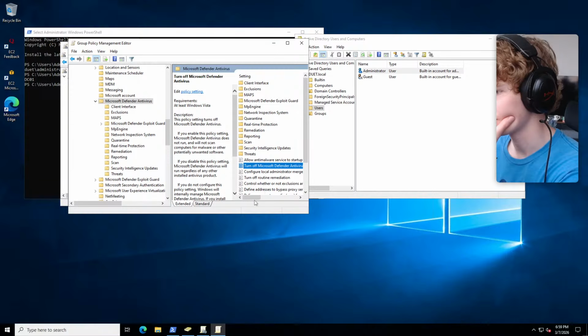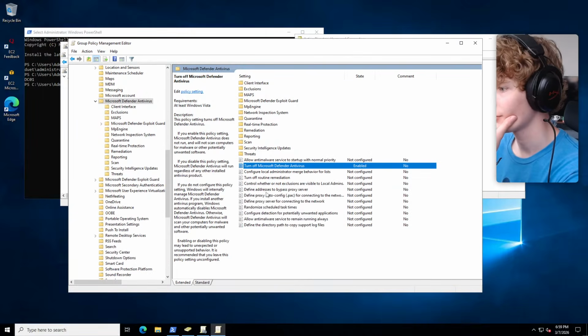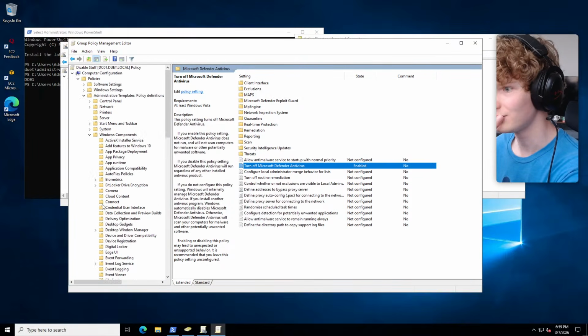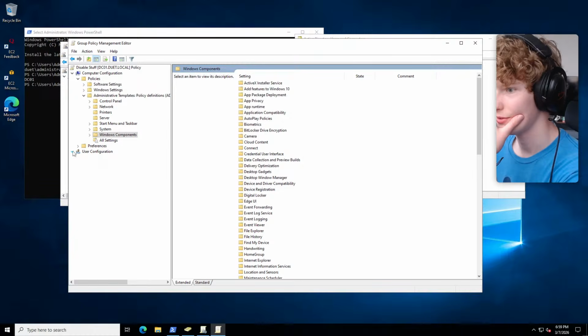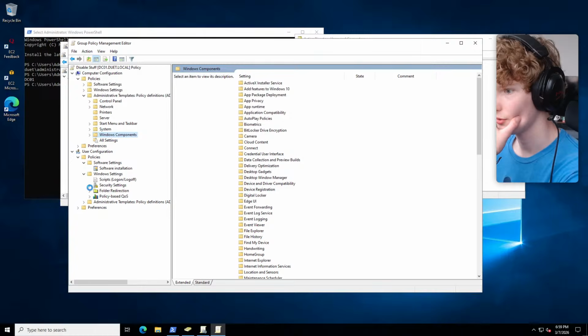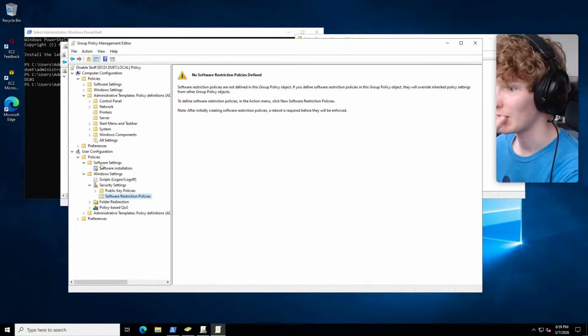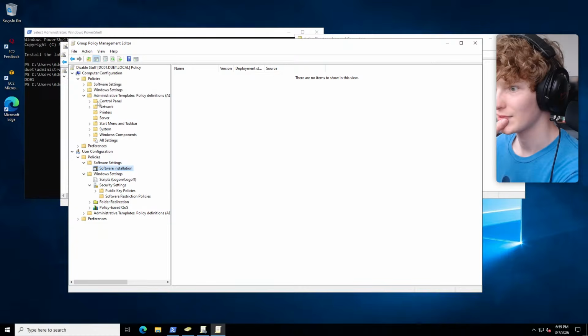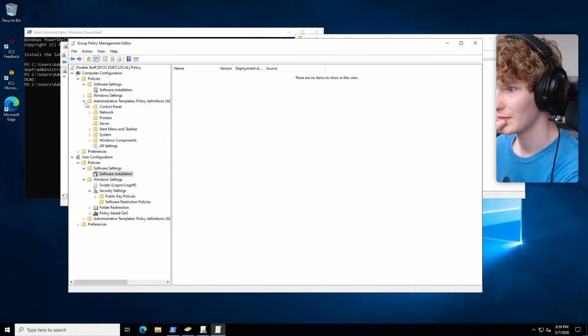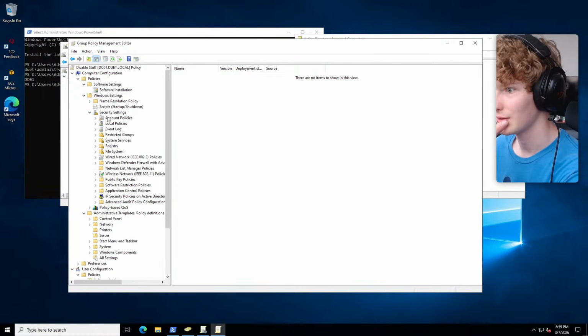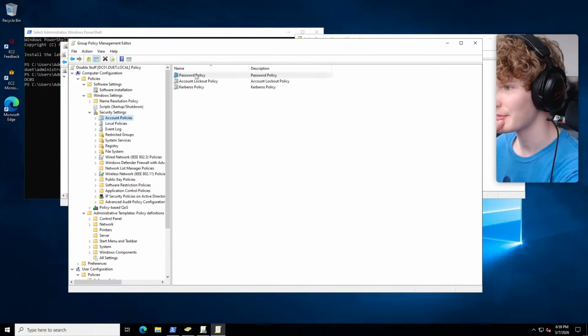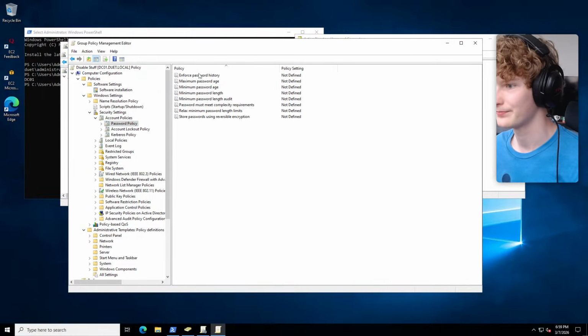Okay, and then we also need to change password complexity. So I don't really know where that is, but let's try to find it here. It's not gonna be in Windows. It might be in user configuration. Policies, software, Windows, security settings. I thought I was onto something. I'm not gonna lie, I was not onto something. Let's go back here. Software, Windows, security. Oh, here we go. Account policies. Password policy. There we go.